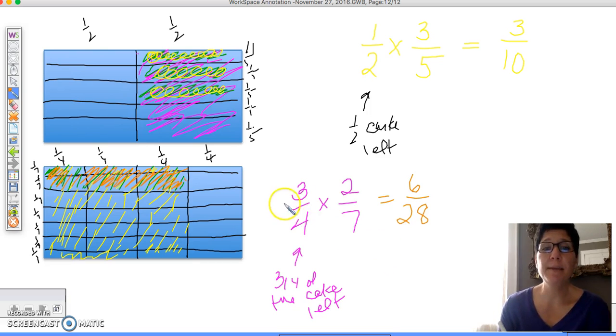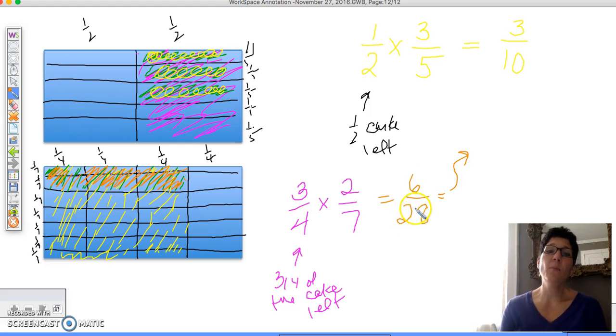So 6 out of 28 are, in fact, shaded in orange. And that means that if 3/4 of the cake was left over and I only wanted to shell out 2 sevenths to 2 people because there's 7 of us, but only 2 actually want a piece of cake, this is how much of the cake is actually going to get eaten right now. So here's the thing. I'm a little crazy. I want you to look at your numerator and your denominator because I'm a perfectionist, okay? It's my job. 6/28,